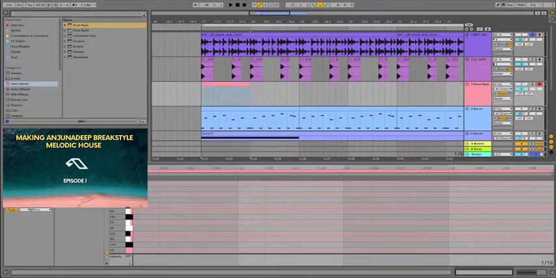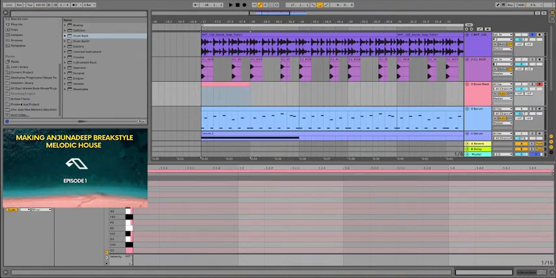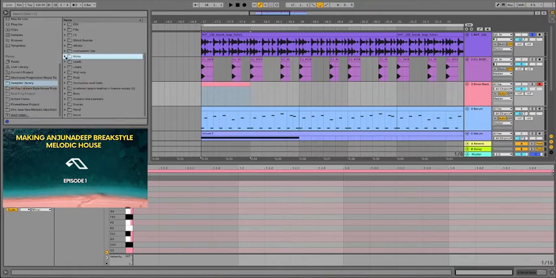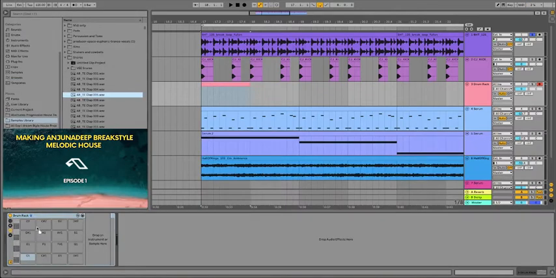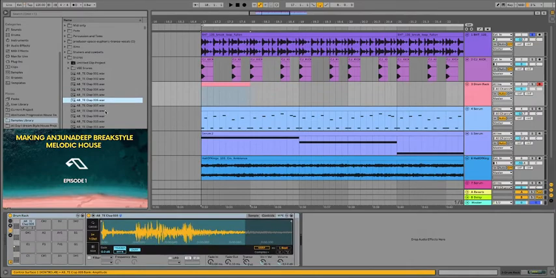Okay, so let's go into my samples library. We've got some snares here. This one might work, so look. We'll just add a few of them and see what actually works. I might work that clap as well.